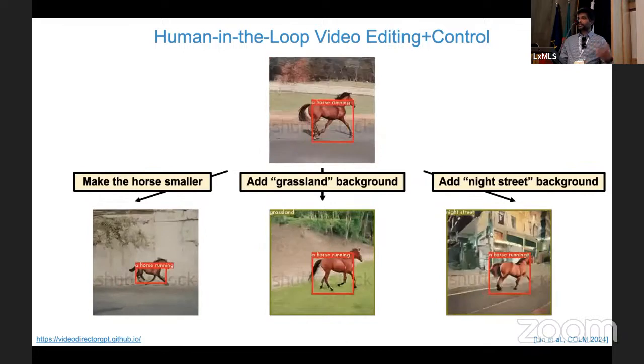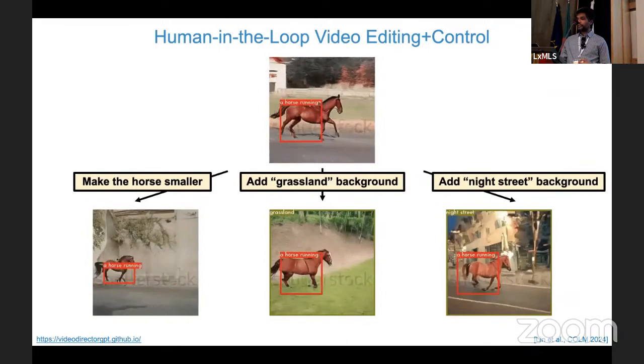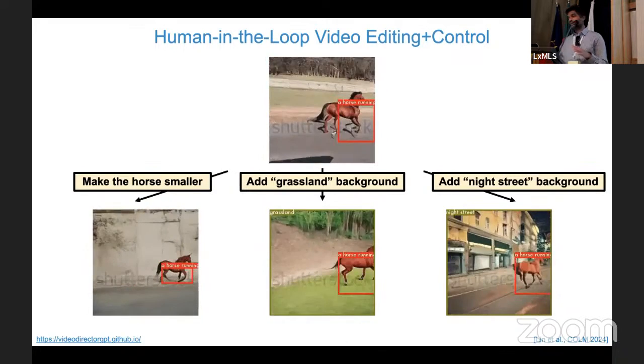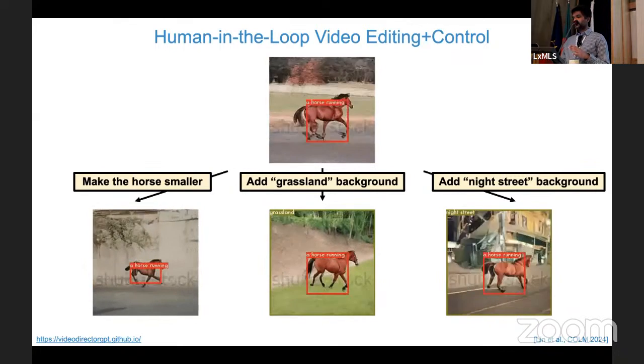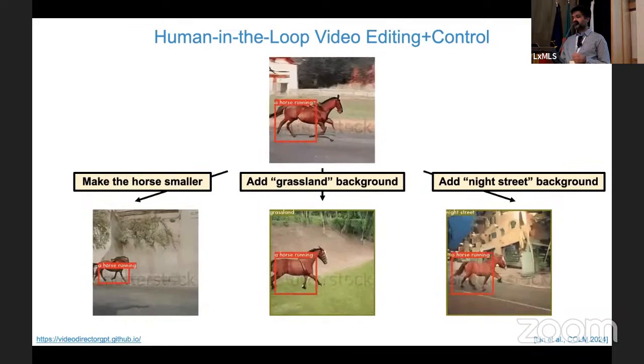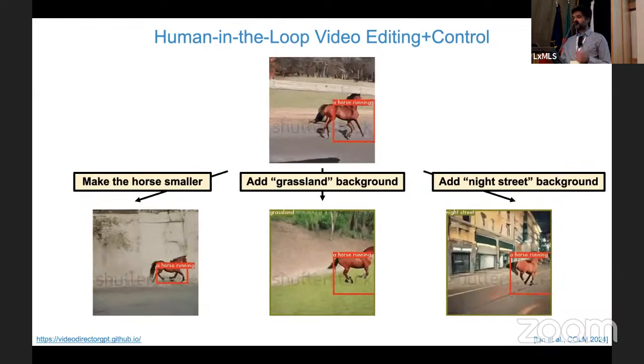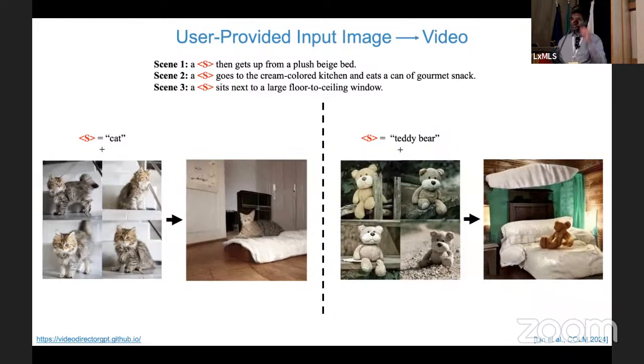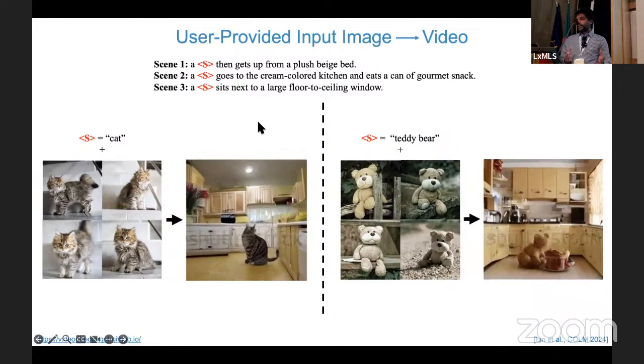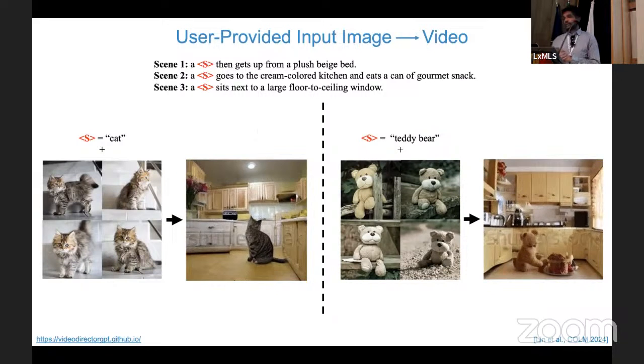as opposed to just having only access to the prompt level, which, trust me, is a very shallow and inaccurate way of doing things. There's only so much you can do with a prompt when you're trying to do tasks like video generation. And then the last advantage here is user-based input images, like I said.